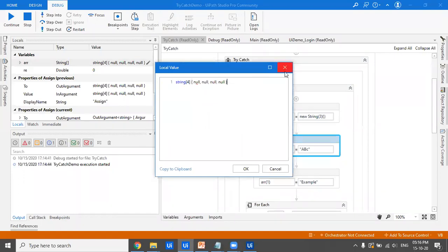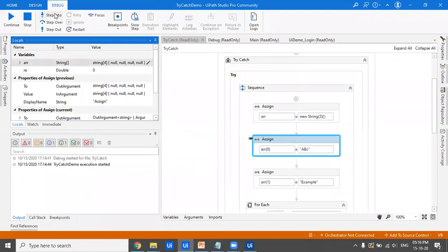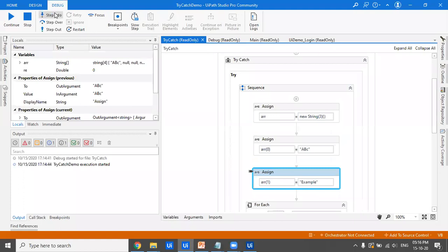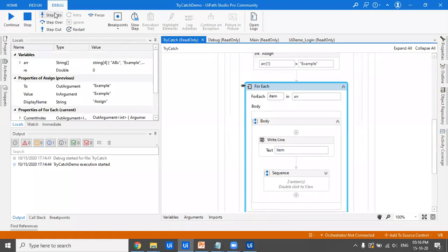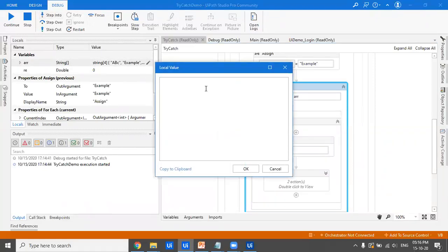So I have this null as of now. I have given ABC at 0 index and example at 1 index. Now when I'm debugging, I saw that there is a problem in my code and I want to debug it. I want to see what if I put a value here